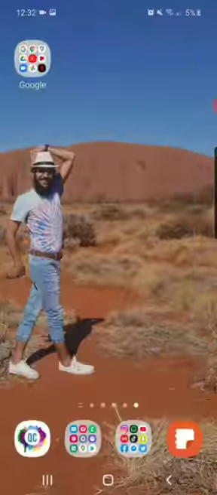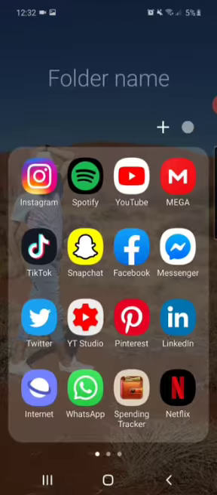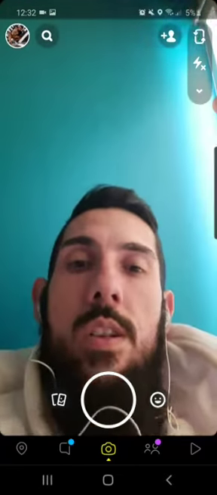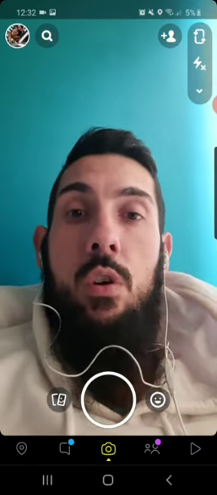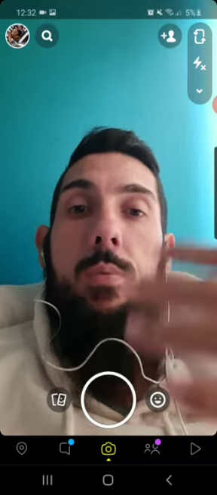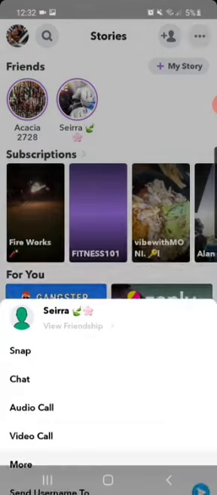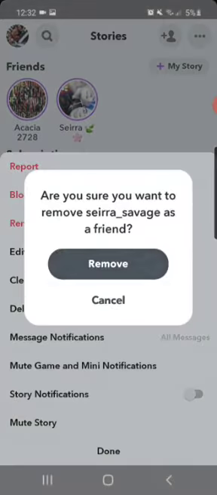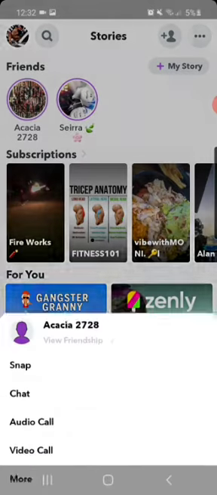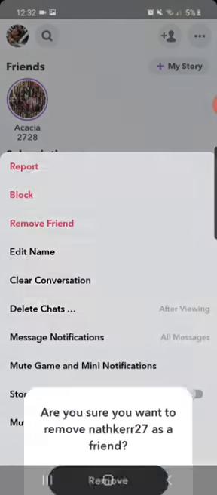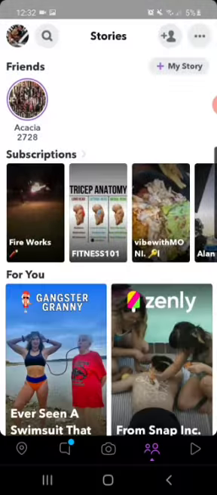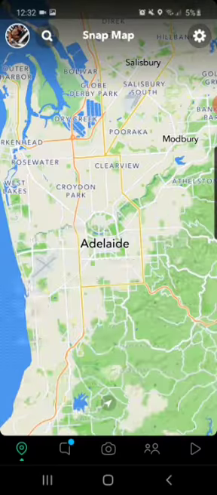Now, for example, when I go into Snapchat, I'll show you how to really help yourself in this manner. You go into Snapchat, you see this? I see that's a friend of mine. I don't even know who that is, so I just remove her because she's seen me already. I remove her also. I don't know who that is. And I don't watch the subscriptions there.